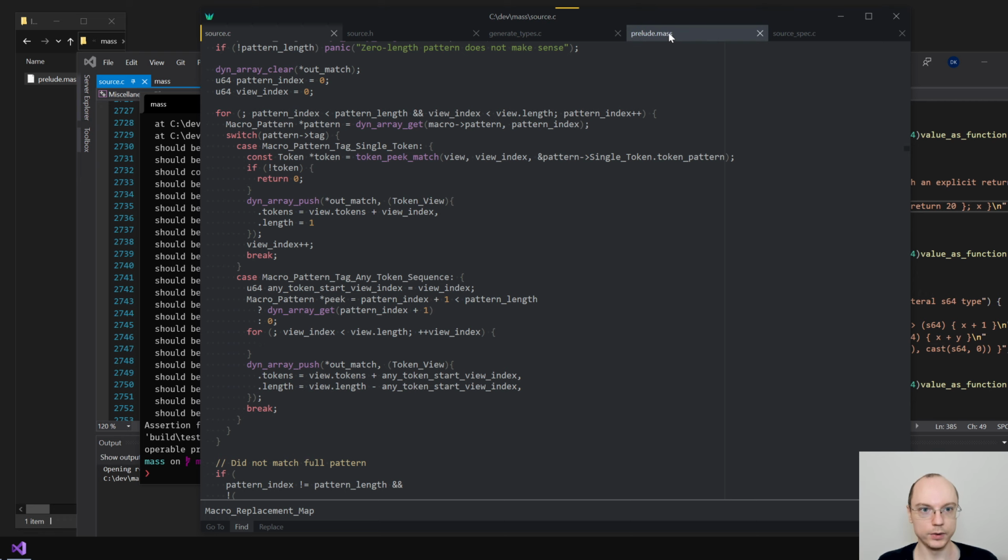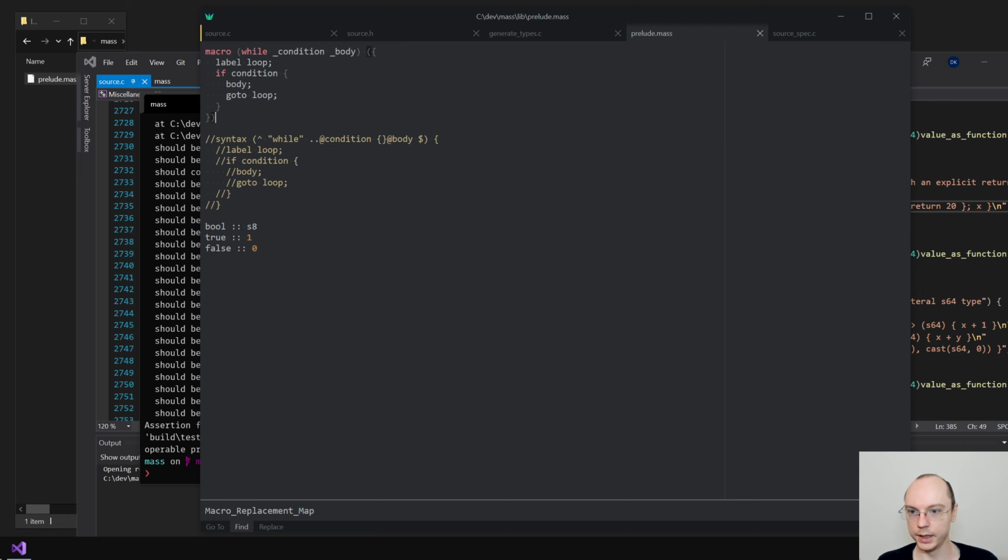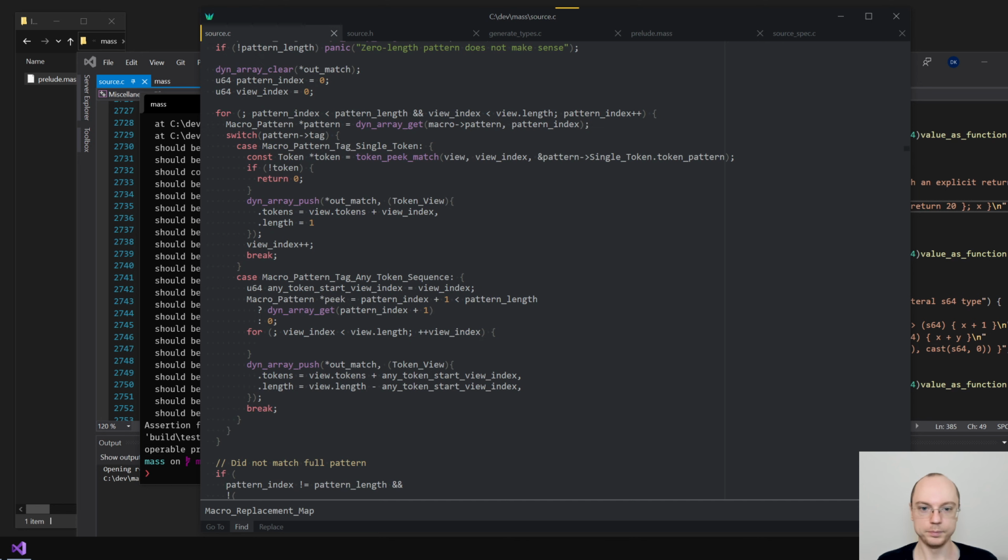So looking here, maybe it will be more understandable what it means, right? We matched while and we start to look for stuff. And as soon as we match this, we need to stop looking for stuff. So this is what we do. We get this matcher and we use it to know when to stop this iteration here.